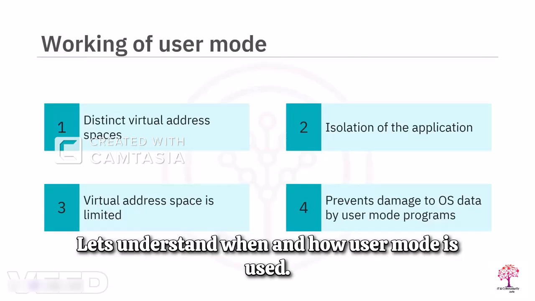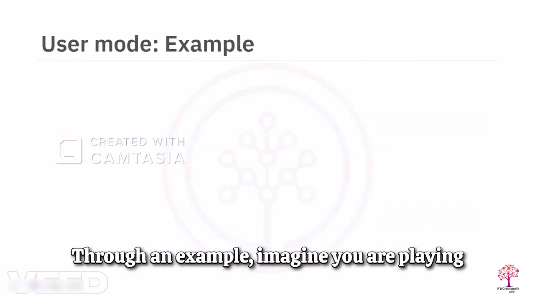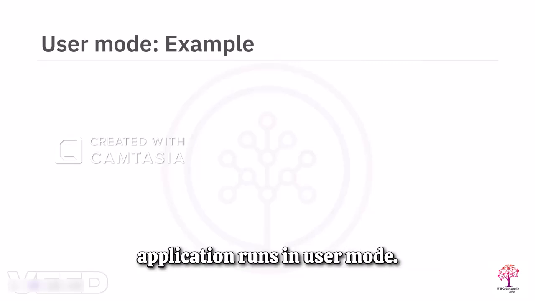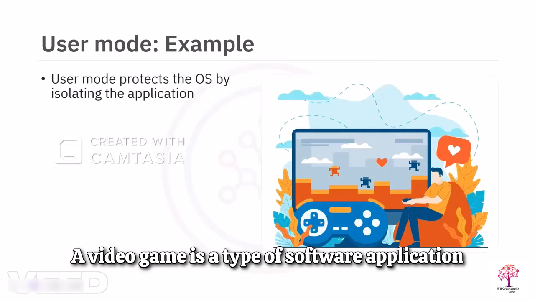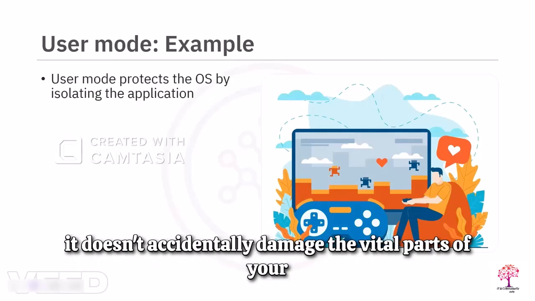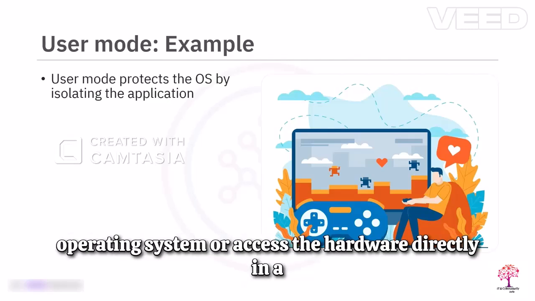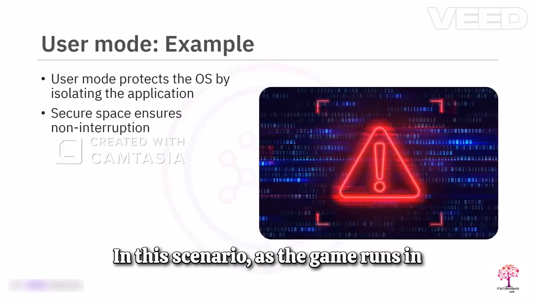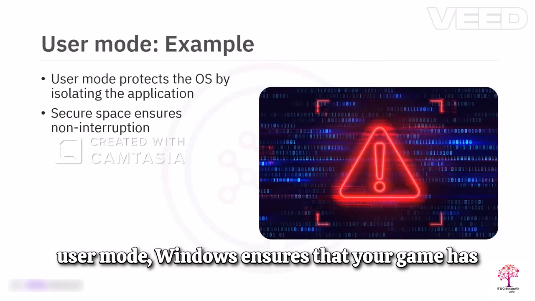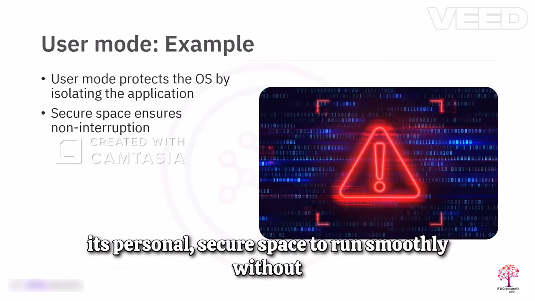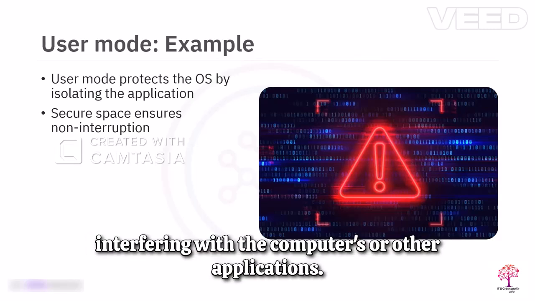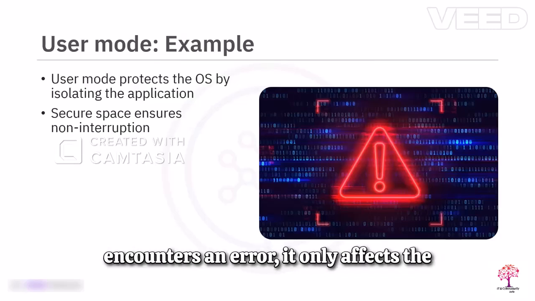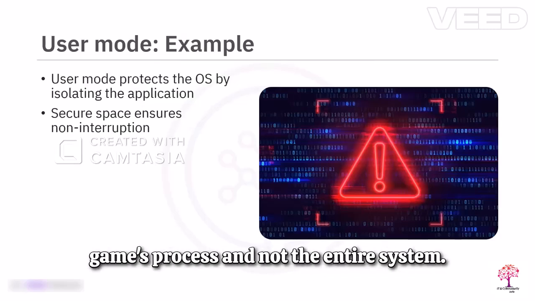Let's understand when and how user mode is used through an example. Imagine you are playing your favorite video game, and this game application runs in user mode. A video game is a type of software application that needs to operate in a safe environment so it doesn't accidentally damage the vital parts of your operating system or access the hardware directly in a way that could compromise your computer's functionality. In this scenario, as the game runs in user mode, Windows ensures that your game has its personal, secure space to run smoothly without interfering with the computer's or other applications' critical functions. If the game crashes or encounters an error, it only affects the game's process and not the entire system, thanks